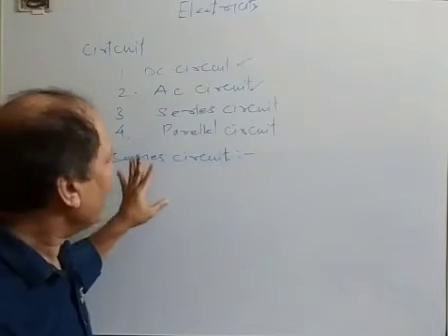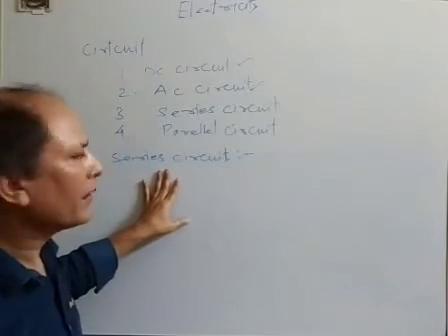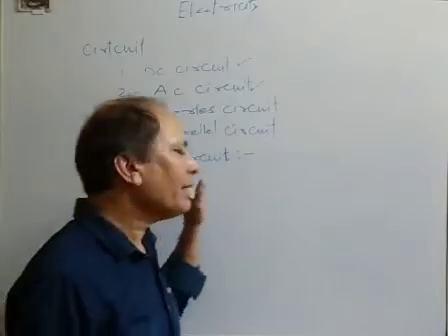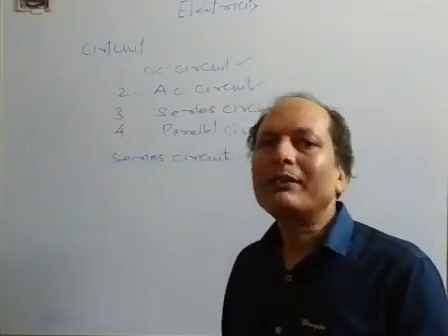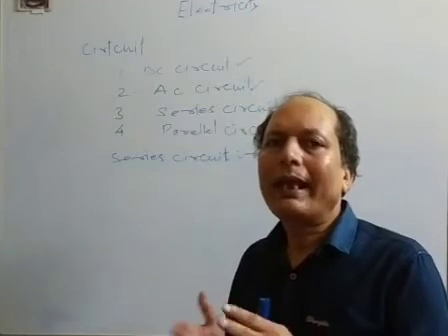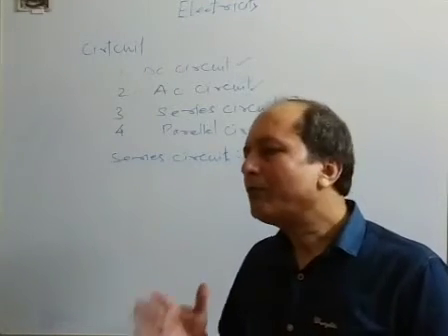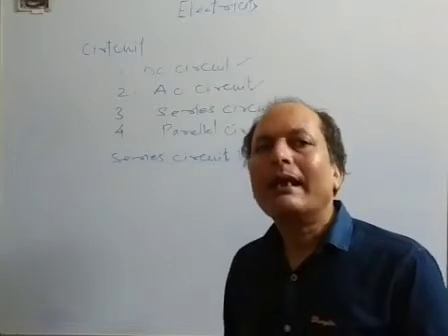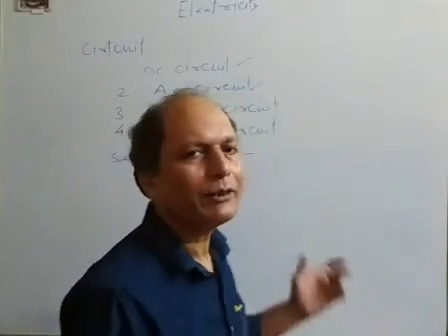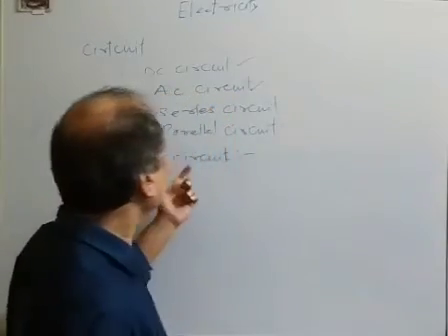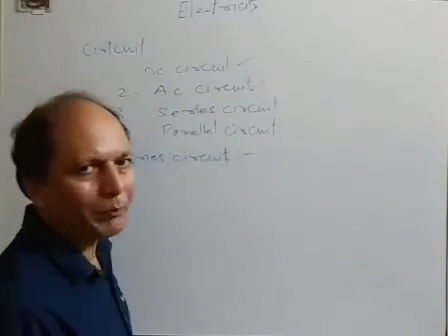Once again, a series circuit can be explained by the way that a circuit in which all the resistors are connected with each other end to end, and first terminal of first resistor and second terminal of last resistor are connected with electric source. Such type of circuit is known as series circuit. So now be ready.